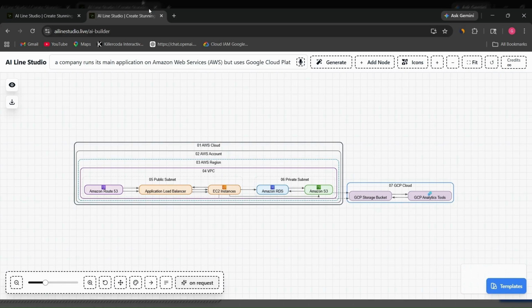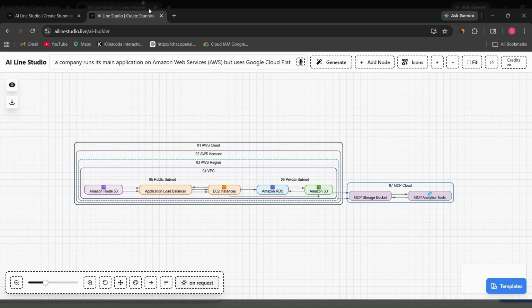So after successfully registering on the platform, the first page you would be redirected to is the workspace page. Over there you need to select cloud architecture feature. After that you would get a pop-up to select the kind of diagram you want to generate and kindly choose multi-cloud because for today's demo we are understanding about multi-cloud.